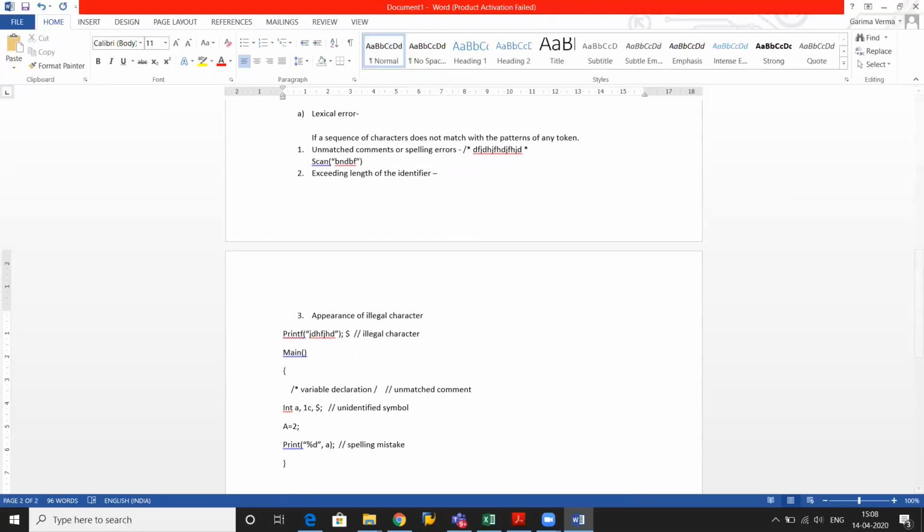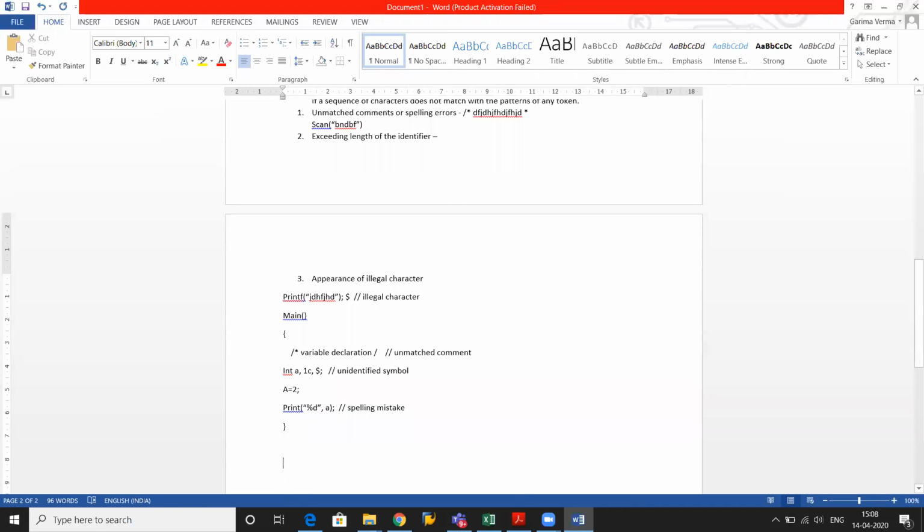Now, we have detected the error and we have reported the error. I have told you that detection means the type of error is detected by the lexical analyzer. After that, reporting of the error: give the message to the user that this is the error that the compiler has detected in a particular line, right? Now, error recovery. There are 4 methods of error recovery, but in case of lexical analyzer, we use only one method of error recovery.